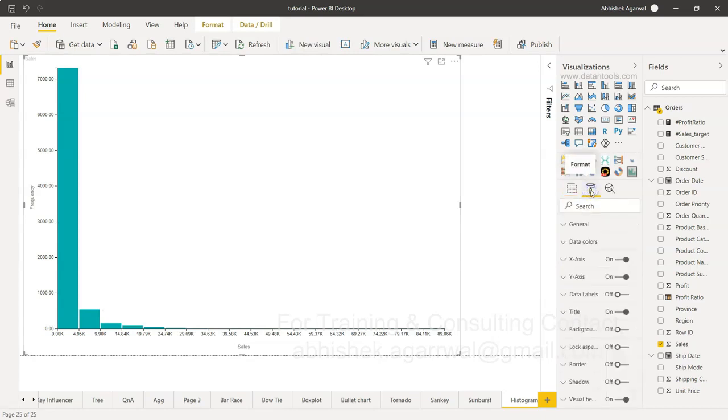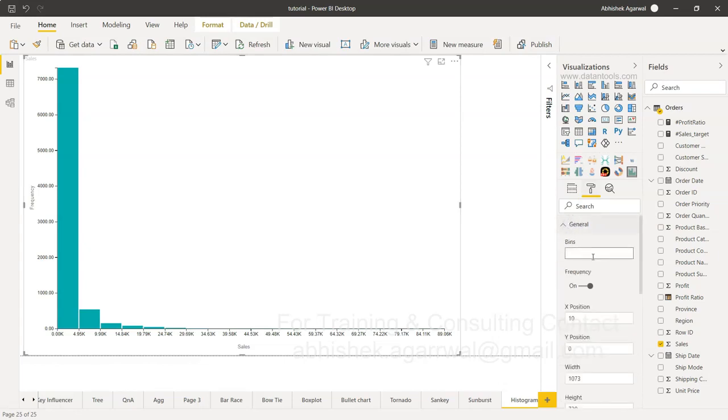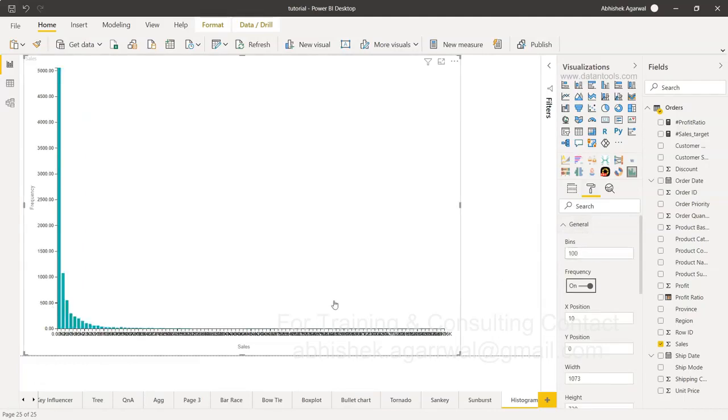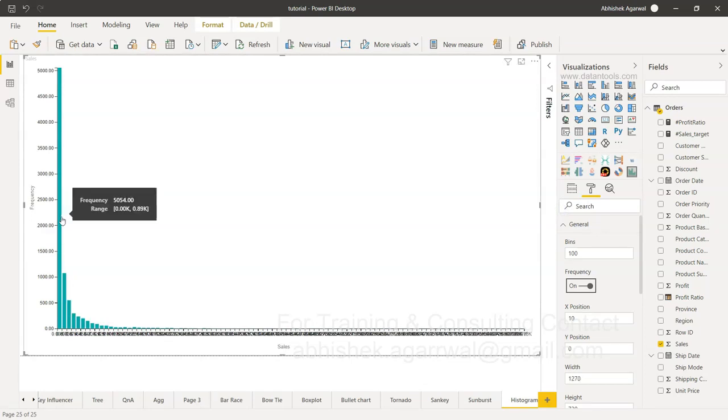Once I go into the format, I have the flexibility to increase the bin sizes, or what I mean is the number of bins I can increase. By default, it picks the number of bins based on the range of the data. However, I can go into General and provide, let's say, 100 bins. Now if you see, the shape has completely changed, but it has messed up the chart a little bit, because down there it's very difficult to read which bin it is until we just go here and look at, okay, from